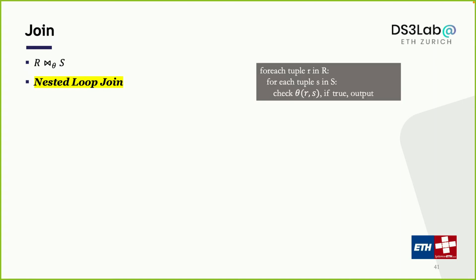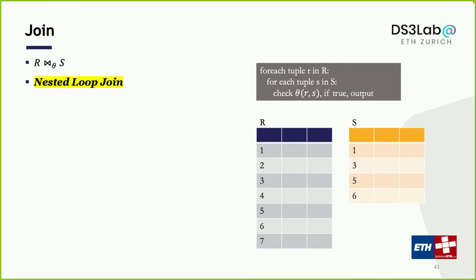It's very simple, it's three lines of code. For each tuple in R, for each tuple in S, I check whether theta holds. If theta holds, I output, otherwise I do nothing. It's as simple as that. If you think about the access pattern of this, essentially what you are going to have